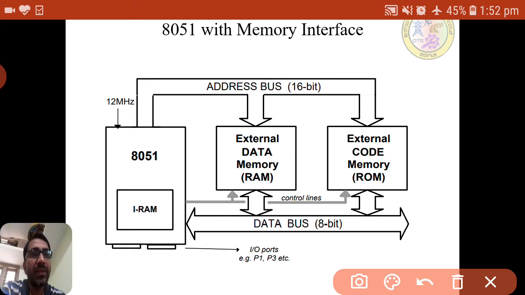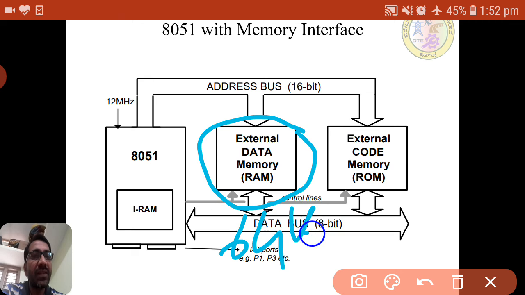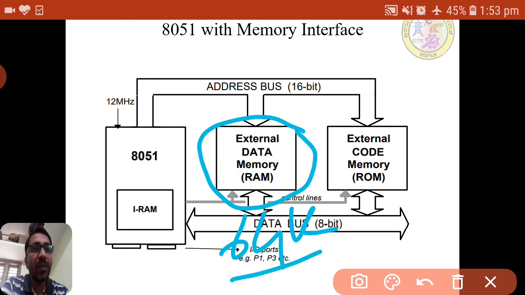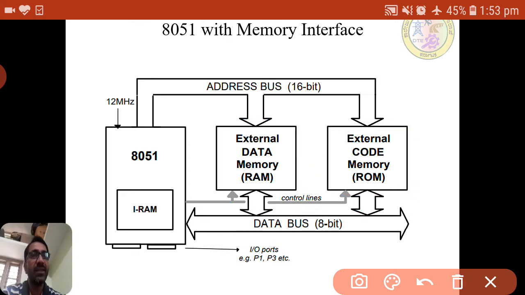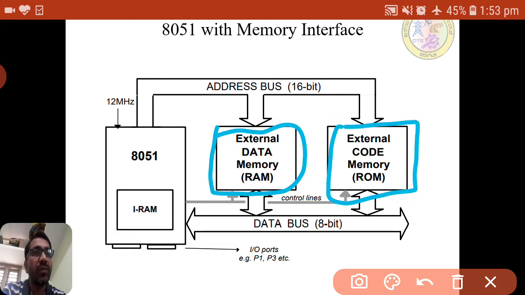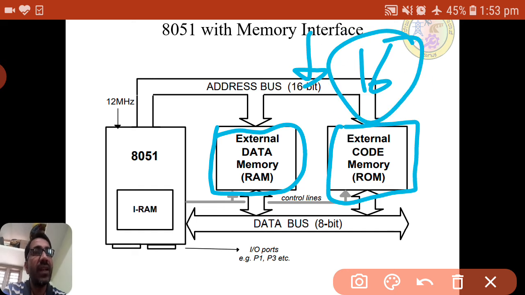And as we know from the features of 8051, it will provide 64K of external RAM and 64K of external ROM. It provides both, not simultaneously; either we can connect RAM or we can connect ROM. For that, 16 address lines are required.